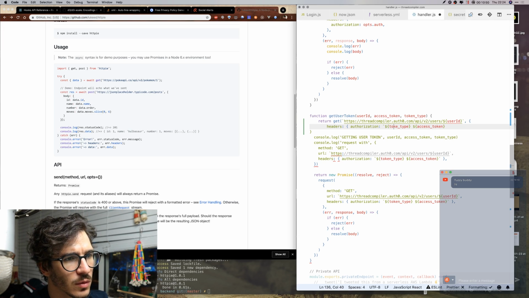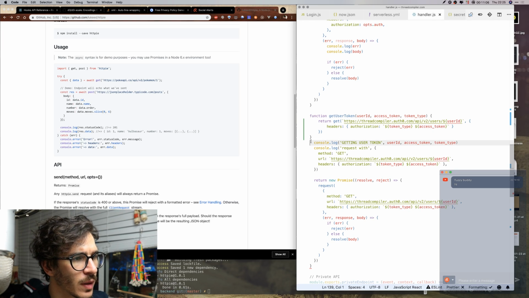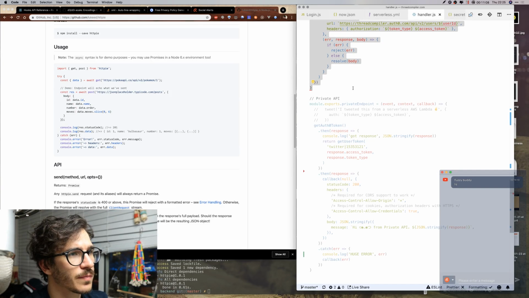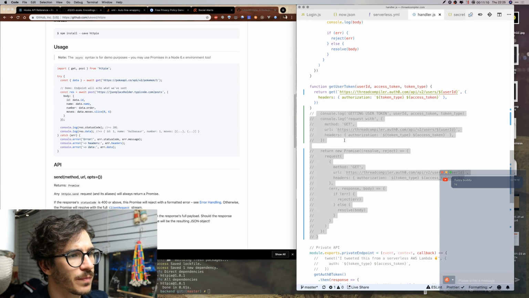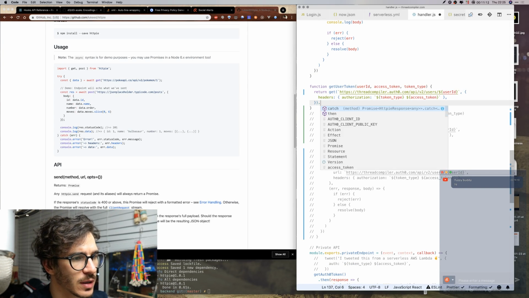So token type access token, like that. That's our get method. What am I doing wrong? I don't actually know what I'm doing wrong. Oh, I guess all of this is wrong. There we go. So that's our headers.